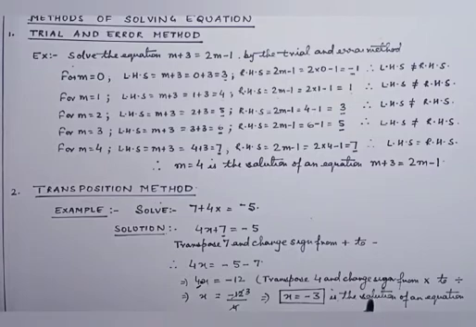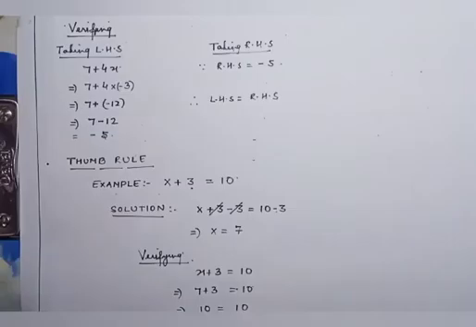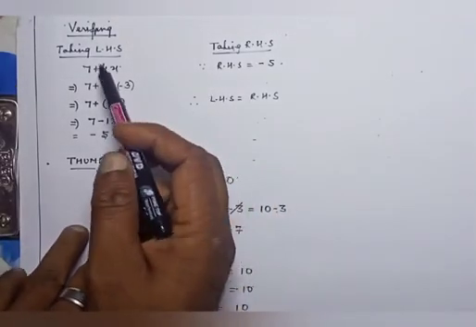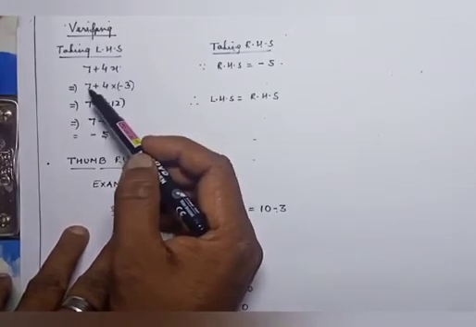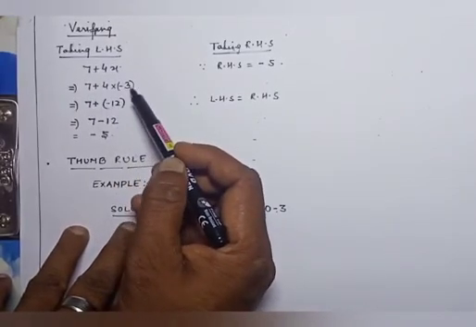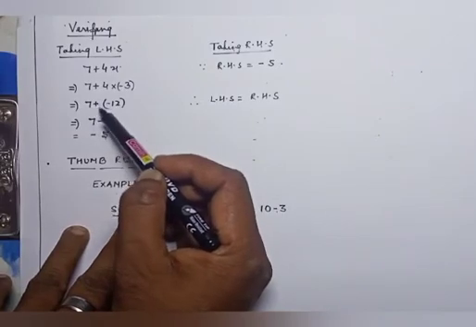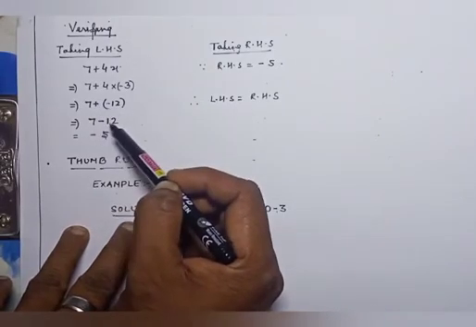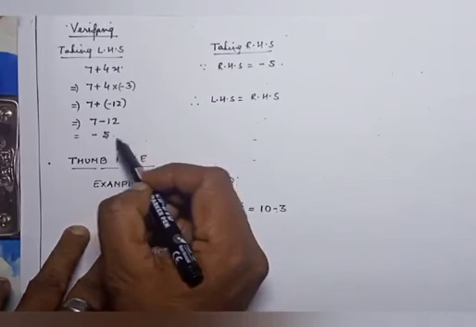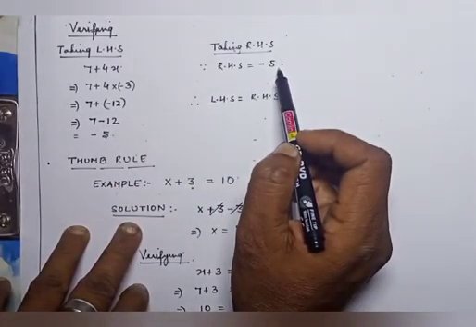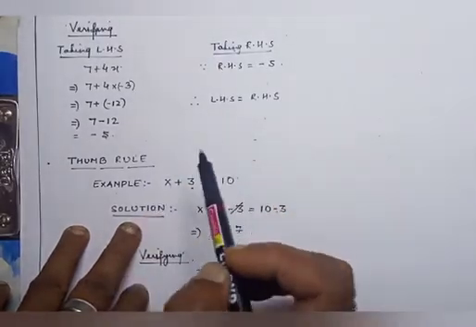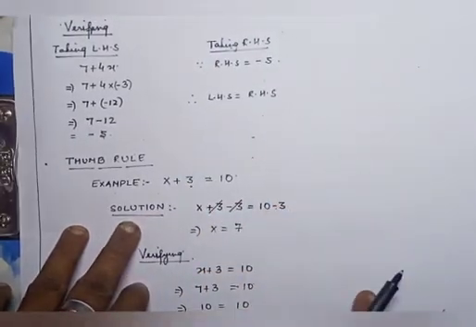After that, how are you going to check it? I will tell you. After finding the value of x, I put the value of x in the left hand side. So 7 plus 4x is equal to 7 plus 4 into minus 3, which is minus 12. So 7 plus minus 12 makes 7 minus 12. So what I am getting in LHS is minus 5. RHS is already minus 5. So this means that x is equal to minus 3 is the solution of the equation.